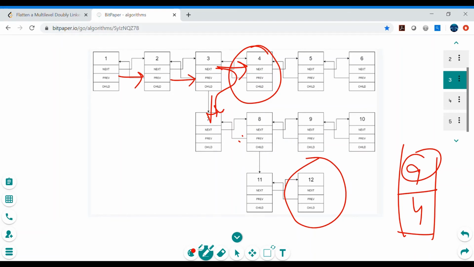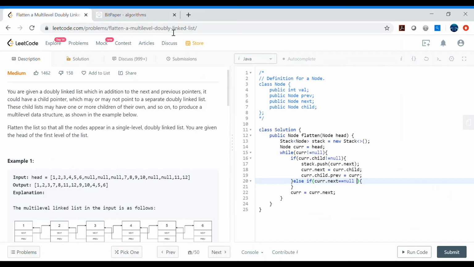So if the stack is empty, then there is no use, right? For example, if we come to here and the stack is empty, then what will we do? So we just need to make sure that the stack is also not empty. So stack.isEmpty is not true, right? So if the stack is not empty and current.next equals null,